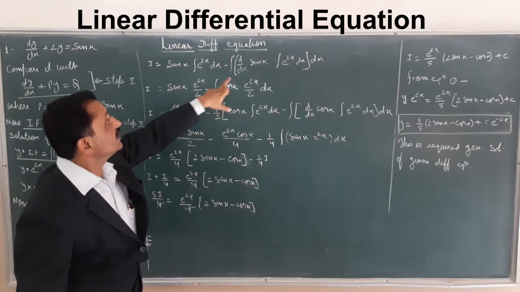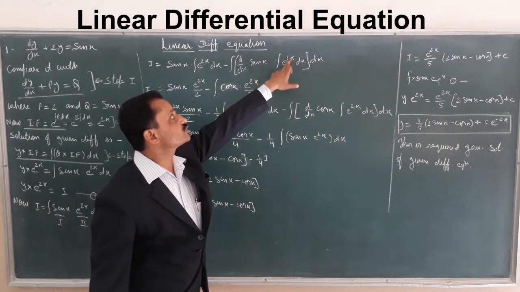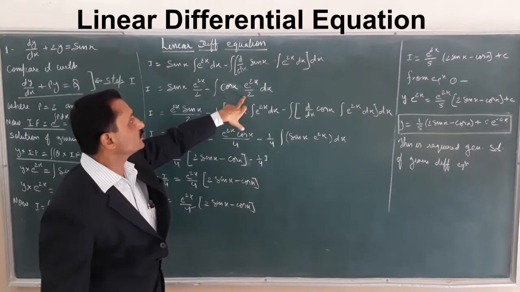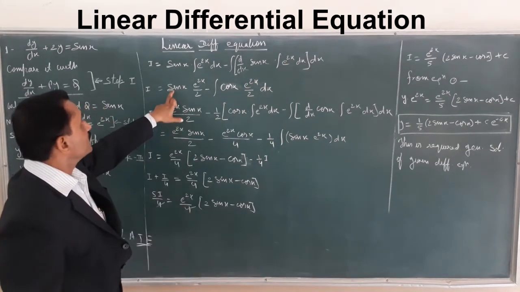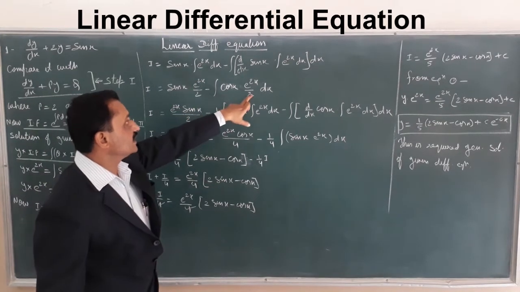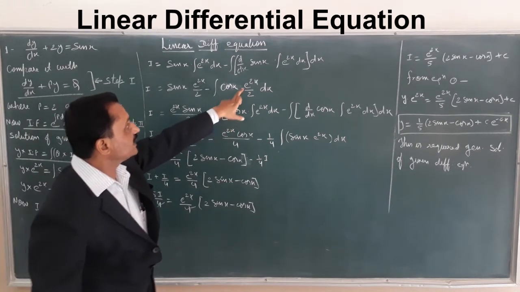Minus, as it is, the differentiation of sin x is cos x, and the integration of e to the power 2x is e to the power 2x upon 2, dx. So sin x e to the power 2x upon 2 as it is, minus, taking 2 outside, 1 by 2 cos x and the integration of